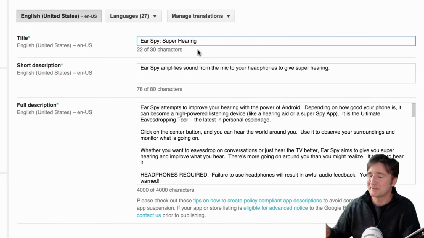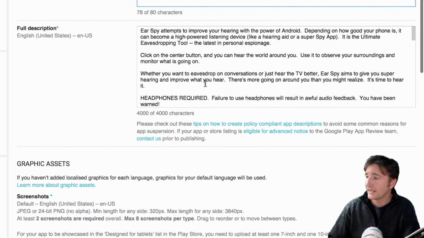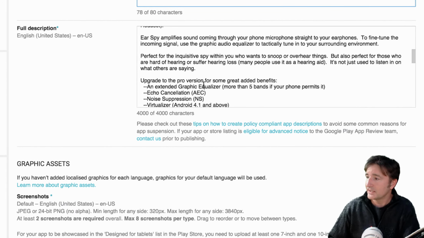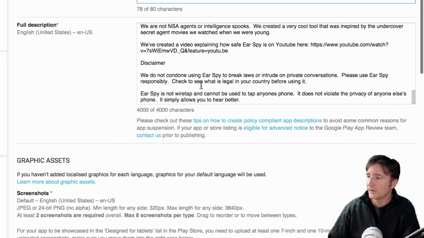And a lot of times I spend so much time trying to squeeze a few keywords into those 30 spaces. Over here you've got the short description, which shows up in the app page just below the description. Now, I don't think it shows up on the website, but it does show up on the app itself, right? And this is another place where you want to get good keywords in. Next, you've got the full description, and you get like 4,000 characters here. I've tried various things with the description. I try to go through and make sure I fill in.